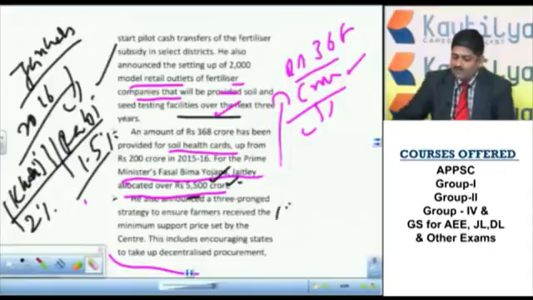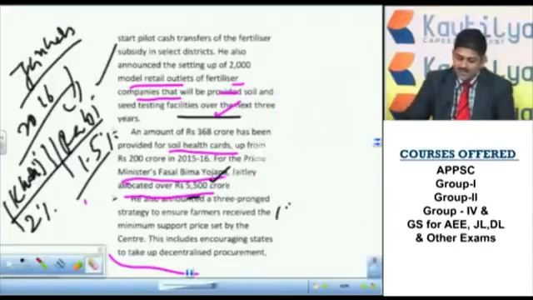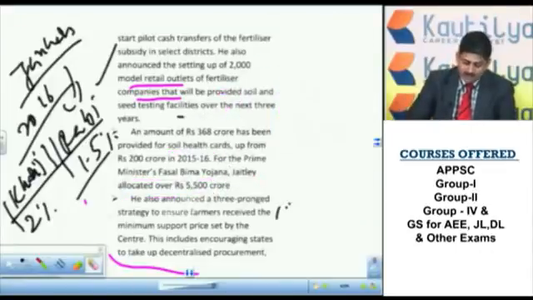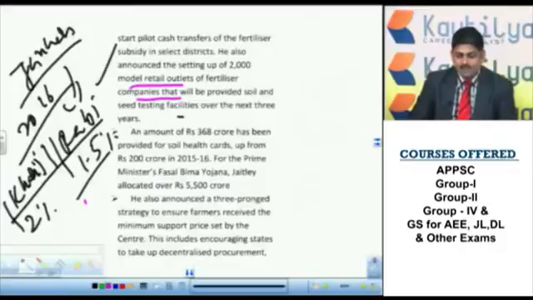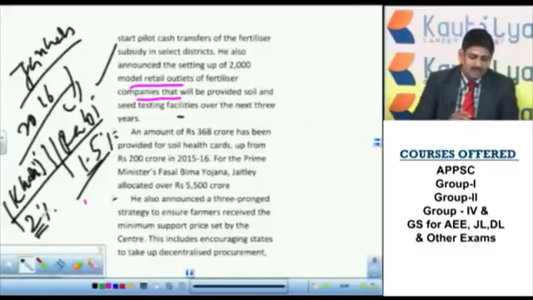Prime Minister Fasal Bhima Yojana is a different issue. As I said, I have covered only one provision in the present class, because our present class is for the purpose of the budget. We will discuss the Prime Minister Fasal Bhima Yojana very clearly later. Other provisions are there. As of now, you have to remember the Kharif and Rabi seasons. For the Kharif crops, out of total premium, the farmers have to pay 2%, and 1.5% for Rabi.